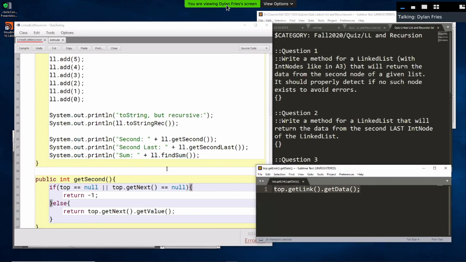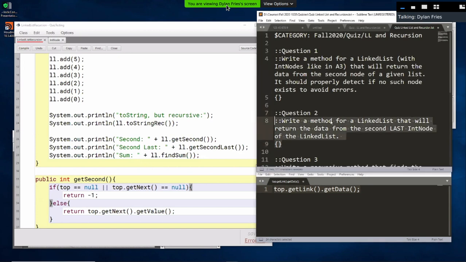Okay, any questions? No. Okay, this one's a little trickier. Write a method for a linked list that will return the data from the second last int node of the linked list. Again, we're returning data. So if you're thinking about this,